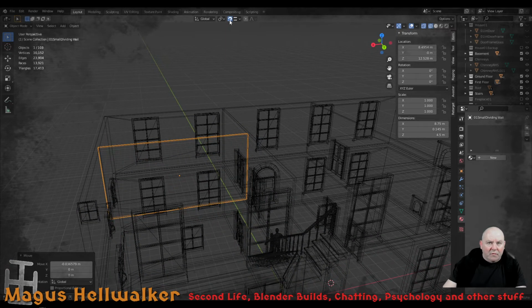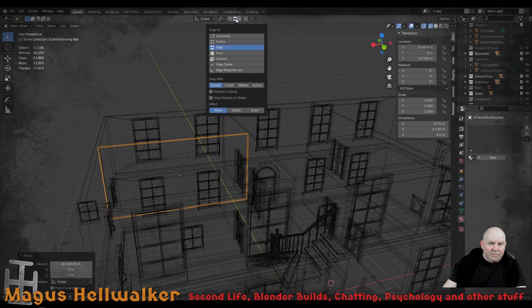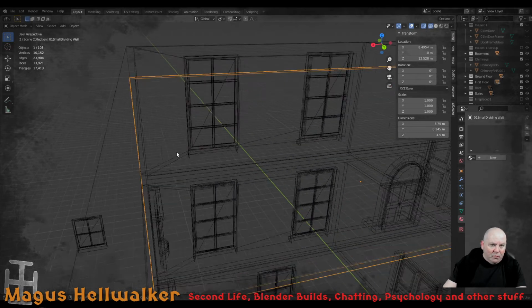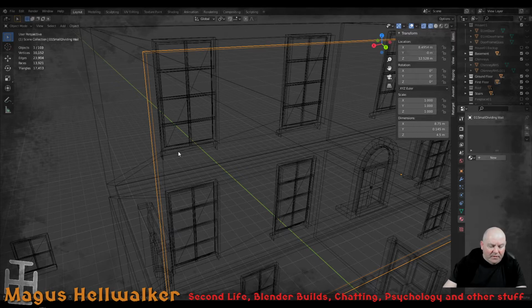Of course I've got that on still. I actually don't need that anymore. This wall is just very slightly